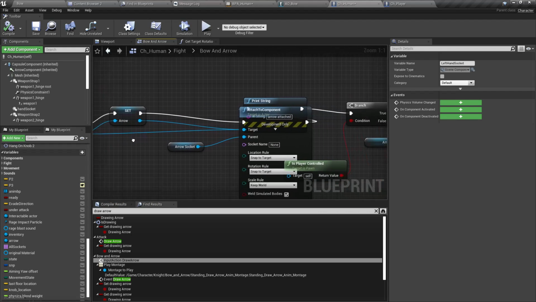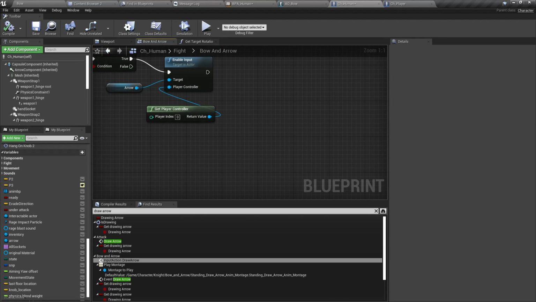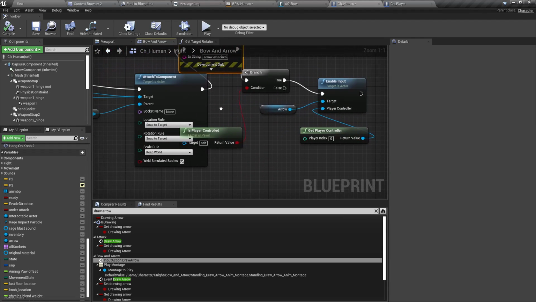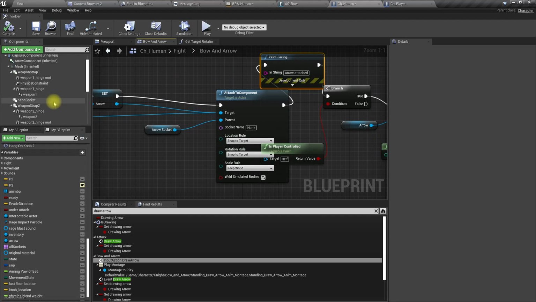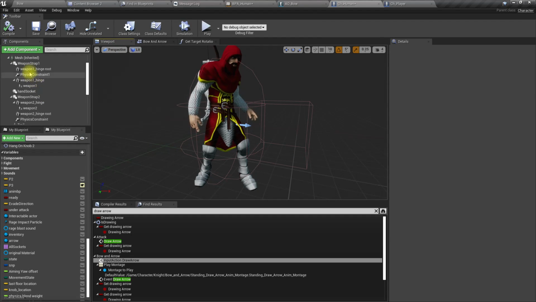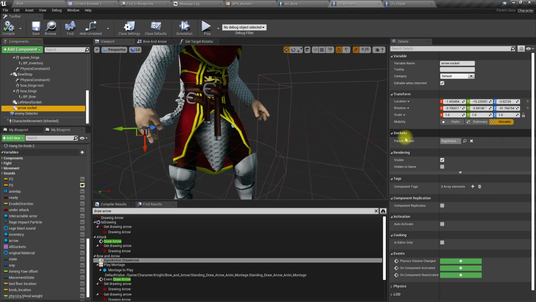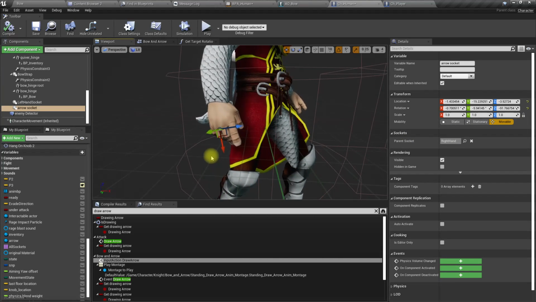Yeah, here we get an arrow, and okay, we have an arrow socket. Where is the arrow socket? It should be in the right hand here. Okay,